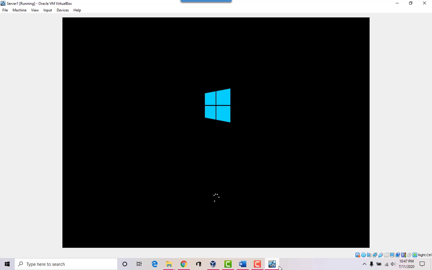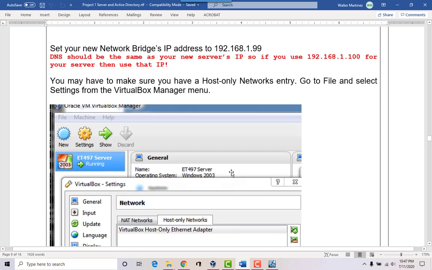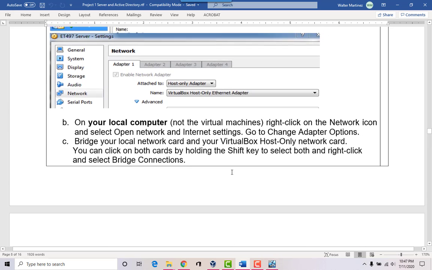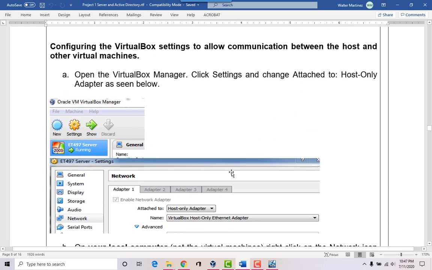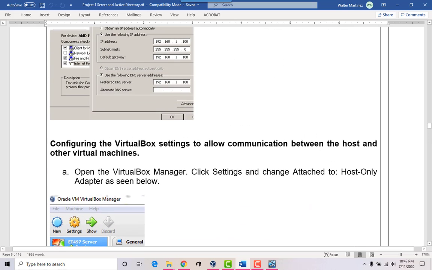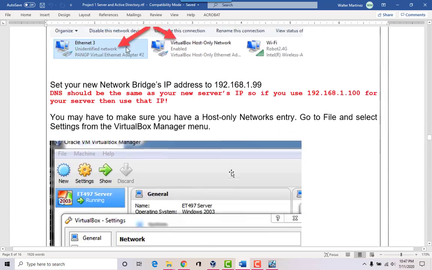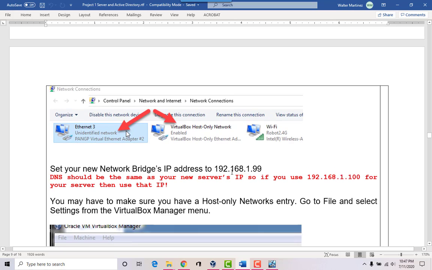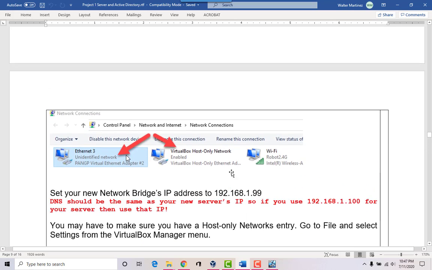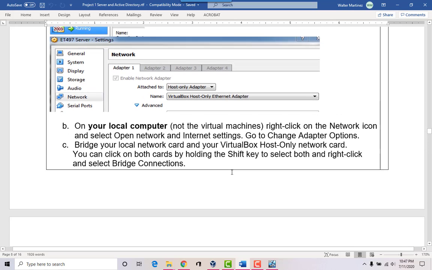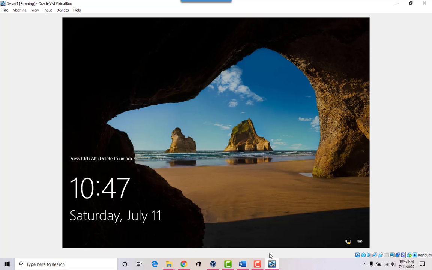So the server is booting up, and we're going to do one more thing actually, and that would be to bridge the network controllers here. Okay, alright, so this is fine.